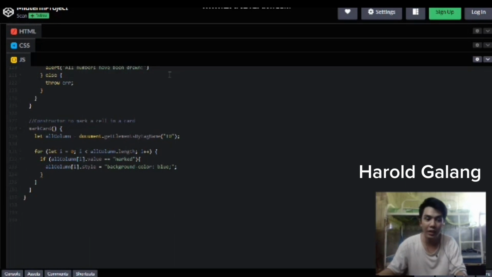Hello, my name is Hard Galang. This is our last JavaScript constructor for our bingo card game. So, a markCard constructor, a constructor to mark a cell in a card. We use let allColumn equals document.getElementsByTagName td. So for let i equals 0, i less than allColumn.length, i plus plus, this for loop